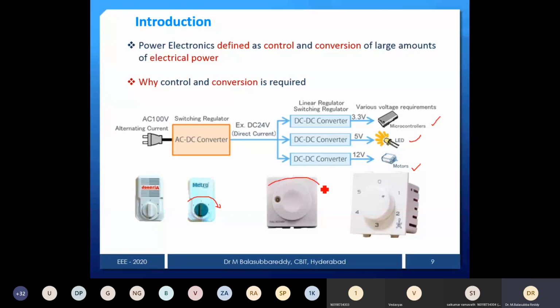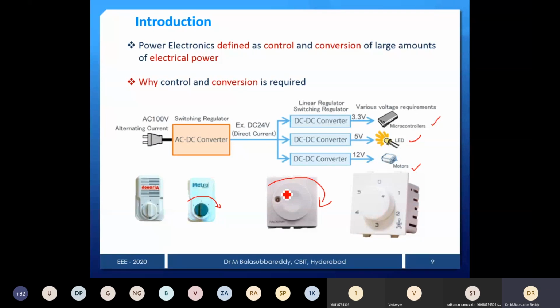Inside there is an AC to AC controller, or nothing but an AC voltage controller. So the AC voltage controller will convert fixed AC to variable AC, so that by changing the control parameter, which we call the firing angle, alpha, you are able to control the output voltage. At the moment just remember the control parameter alpha. So you will get variable speed smoothly, and you can get any speed. It is not in a steps fashion.